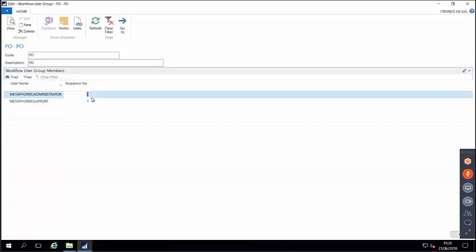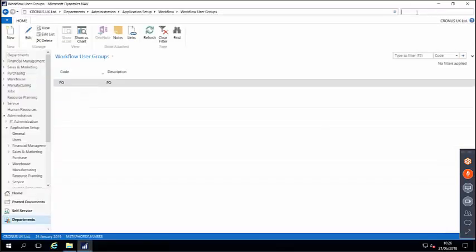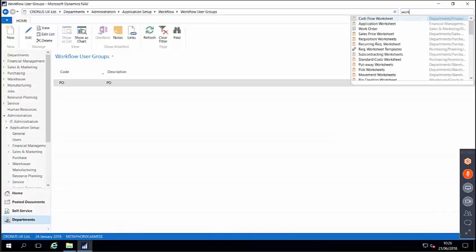And then the last way that approval groups can be used is you can set them up so that either of the users in that group can approve that request. To do that, you need to make the new workflow from the template and do all the steps that we've just done and set the group up like this. But we need to make a change now to the workflow. So if we go to workflows,